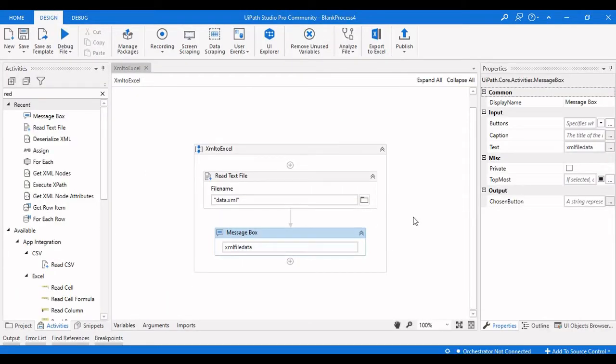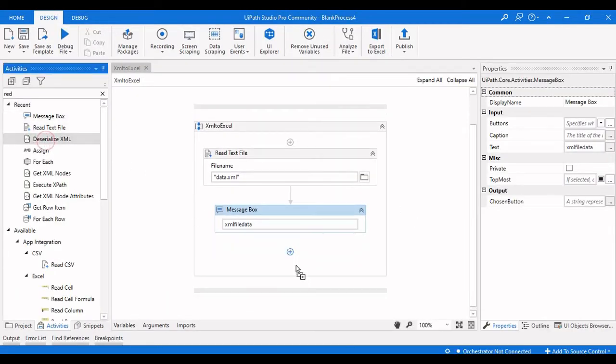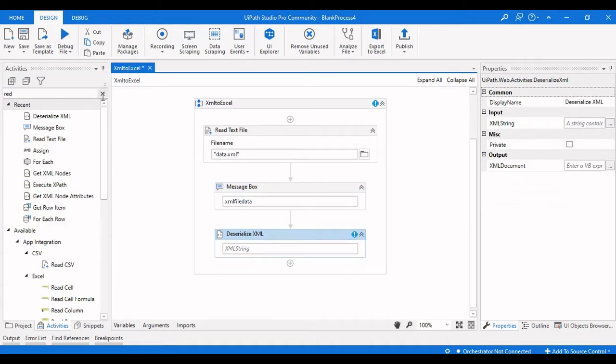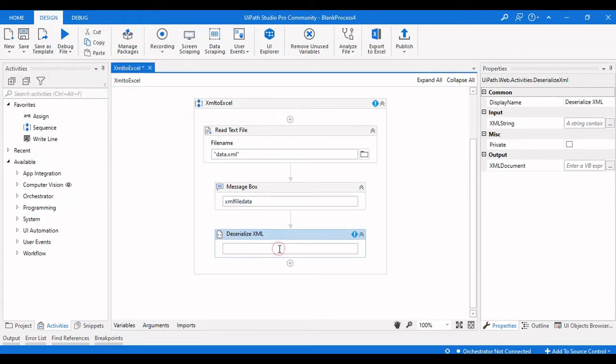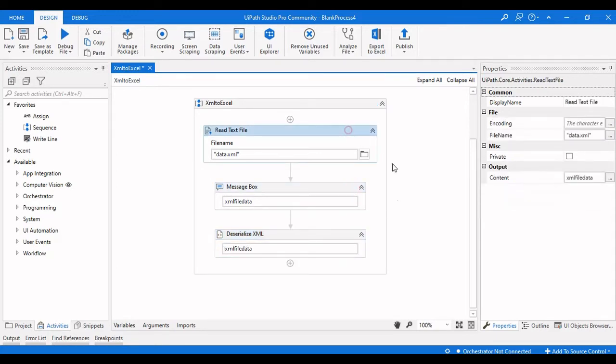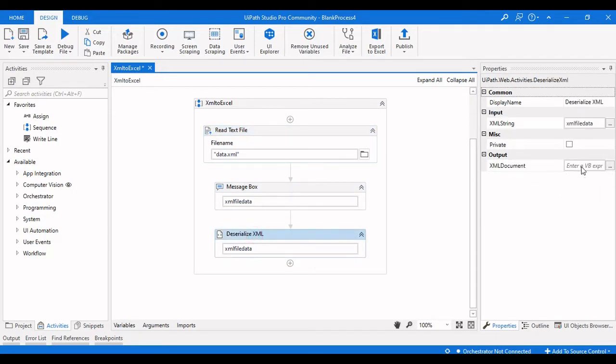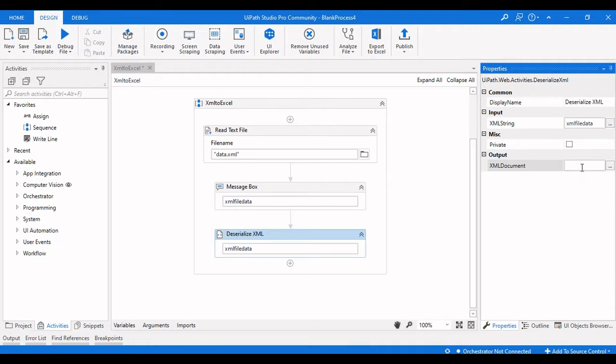Then we need to deserialize the XML file, so we will use a deserialize activity and we will give the message here, the content value in deserialize activity, and we will get the deserialized data of that particular XML file.